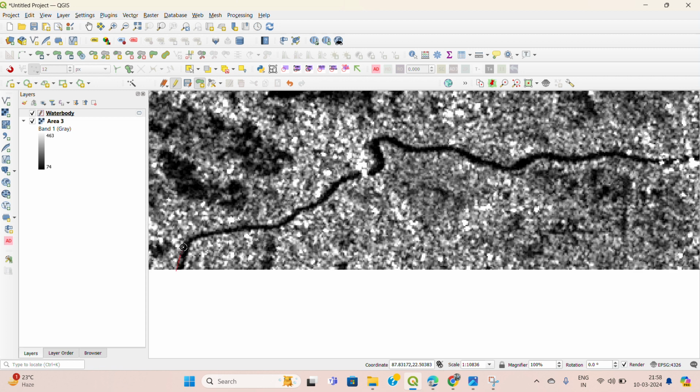I have created a small portion for digitization. You have to complete it for all of this black portion. Okay,